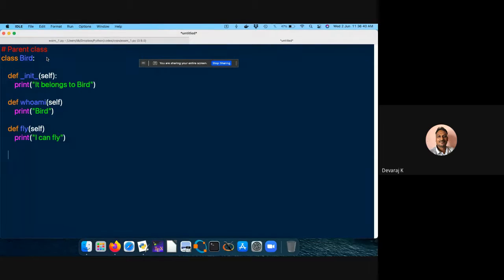Then I'm going to create a child class. Let me initiate the class actually. So let me call it a bird, maybe I told a penguin. I gave an example of this thing. So let me use a penguin only. Or maybe if I use crow. Okay, let me use crow also.